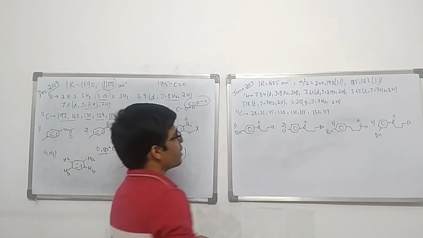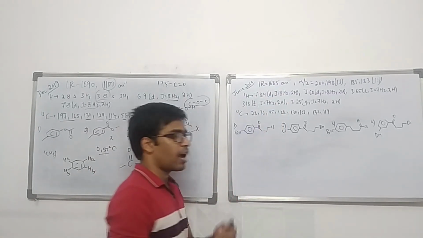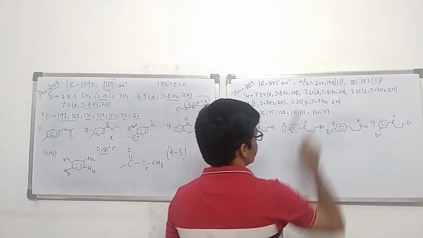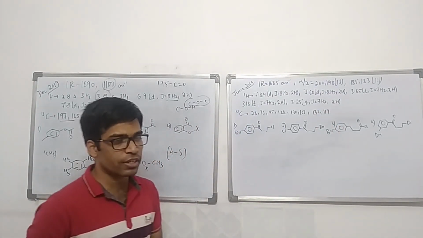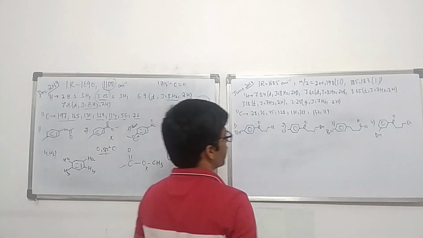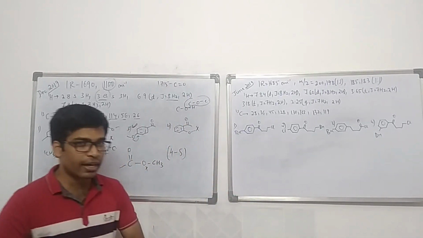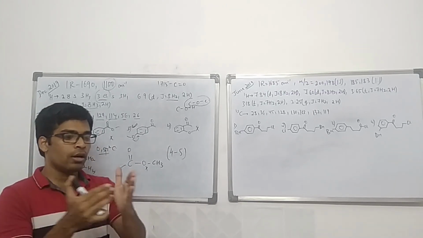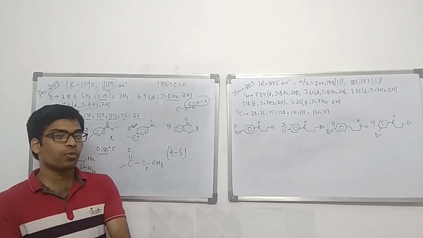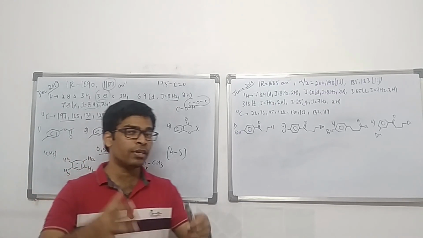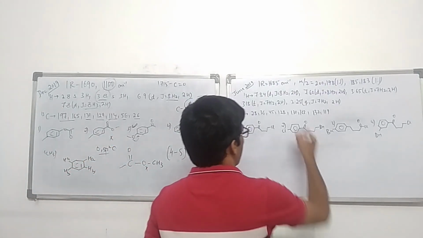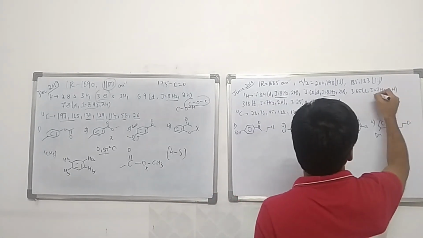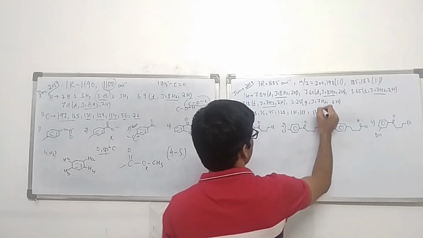Now the IR data that is given is 1685. Again, it is the IR data of a carbonyl group. Then there is mass spectroscopic data, which we'll see how we can use it here. Let us look at the NMR data. Whenever you see that a coupling constant is given, you would always want to mark out the NMR data for those protons which are coupling with each other, which have the same coupling constant. As you can see in this case, 8 Hz, 8 Hz and 7 Hz, 7 Hz, 7 Hz.